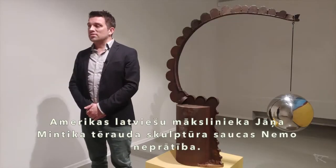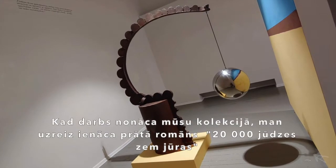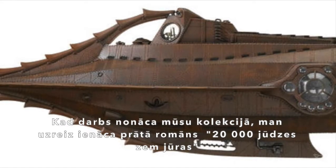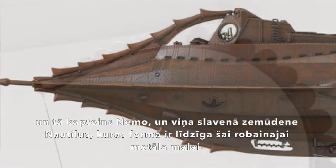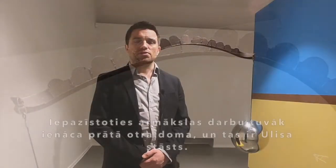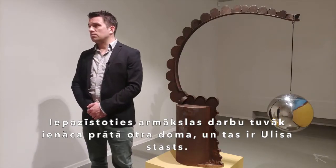This steel sculpture by the late Latvian-American artist Jānis Mintiks is entitled Nemo's Folly. When we first took delivery of the piece, I immediately thought of 20,000 Leagues Under the Sea and Captain Nemo and his submarine, the Nautilus, whose form is similar to this serrated metal edge. But after spending some time with the piece here at the center, a second reference came to mind, and that's